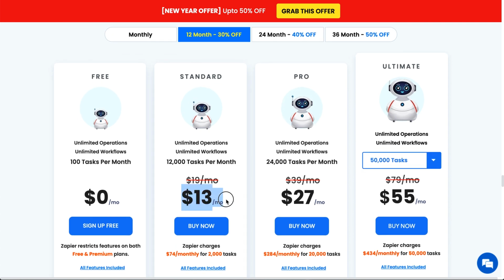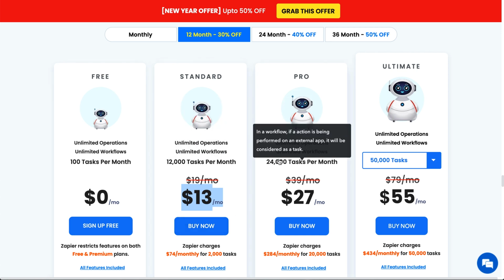It's still only $13 a month. So at $13 a month, you can get 12,000 tasks. That's like 14 times the amount of tasks that Zapier gives you for $20 a month. So that is ridiculous. Even here it says Zapier charges $74 a month for 2,000 tasks at this level.